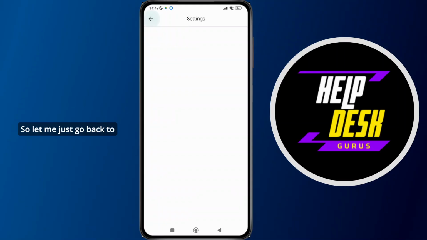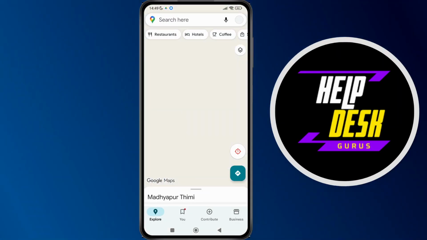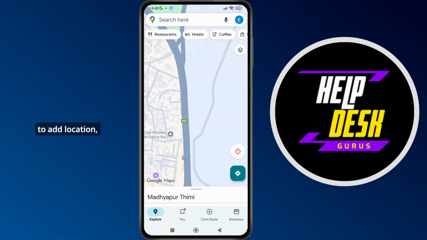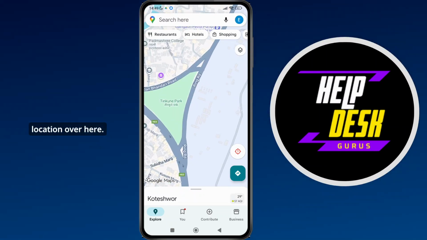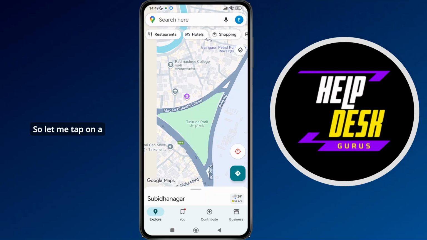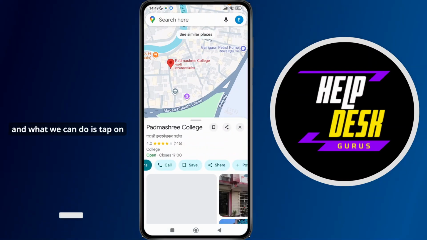So let me just go back to the main page of the Google Maps over here. So if I want to add a location, what you can simply do is tap on any particular location over here. So let me tap on a particular location over here, and what we can do is tap on the option